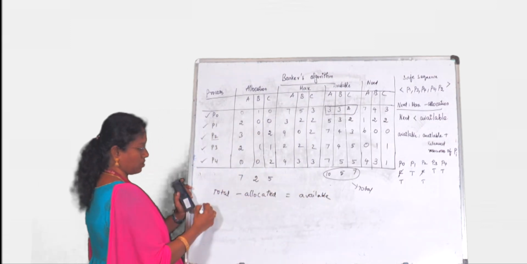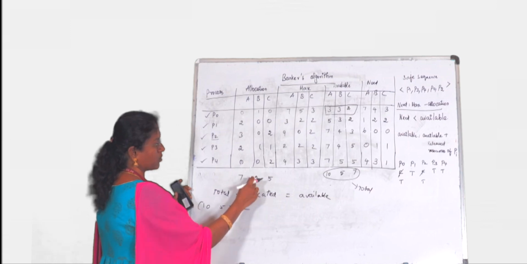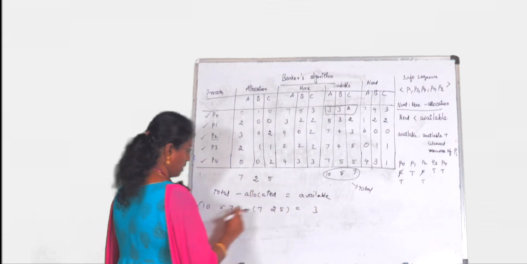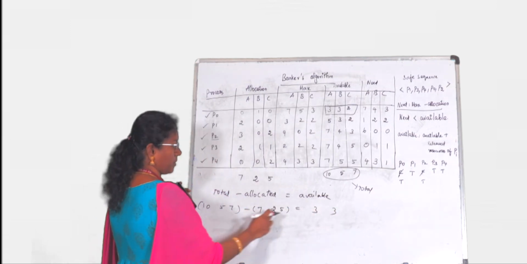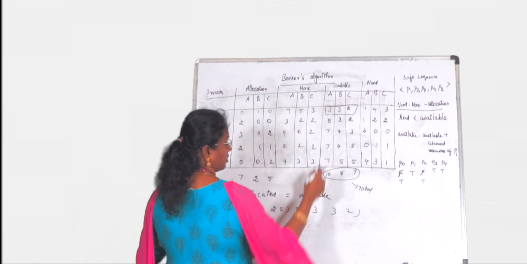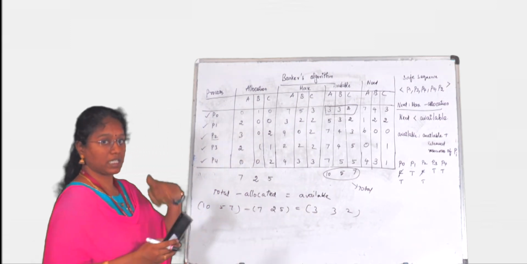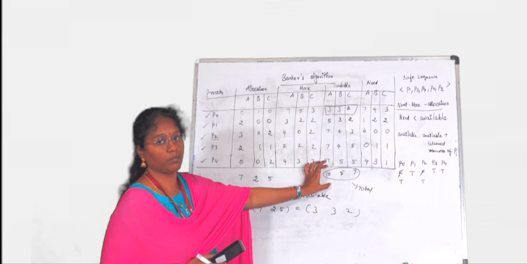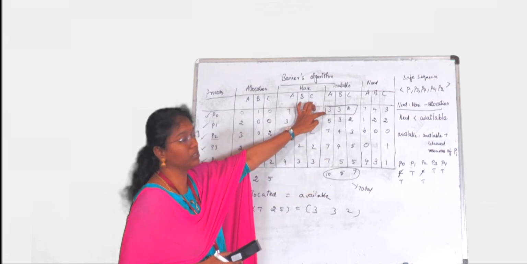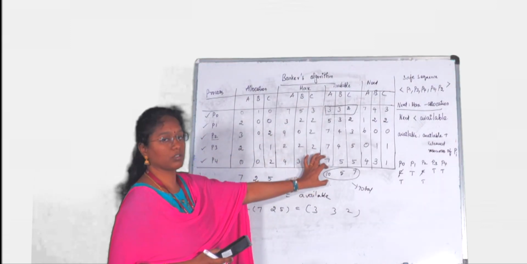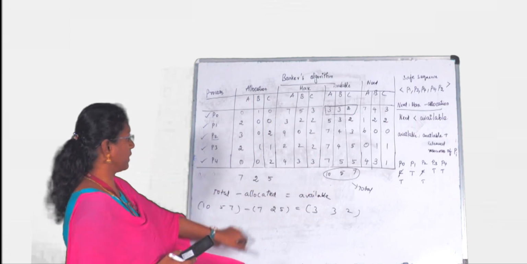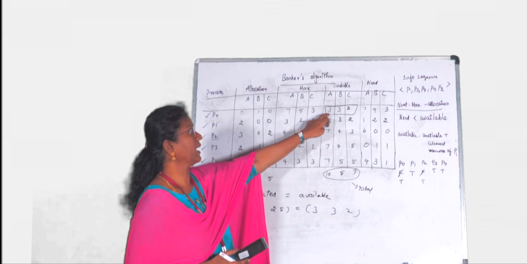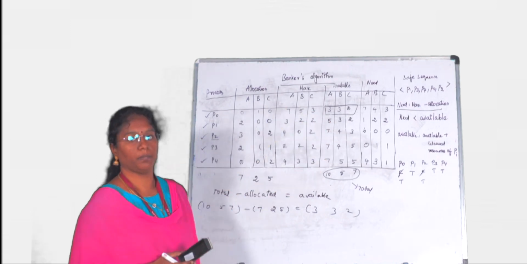What is the total resource? 10, 5, 7 minus the allocated resource 7, 2, 5. Now you subtract: 10 minus 7 is 3, 5 minus 2 is 3, 7 minus 5 is 2. See here, both are the same. In some cases, they will not give this value. They will give you the total resources in the system, not the available resources. Total resources means this one. So you subtract the allocation of resources and you will get the availability of resources. So you can enter this value and then proceed with the problem.